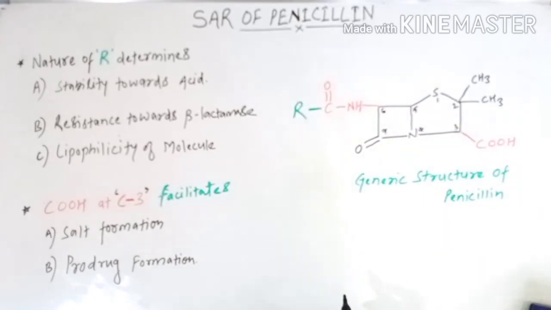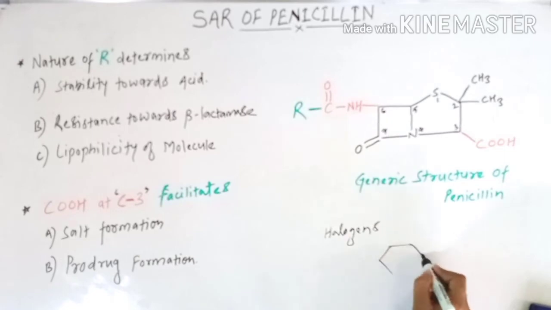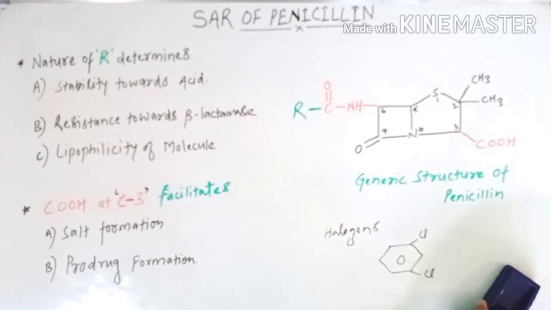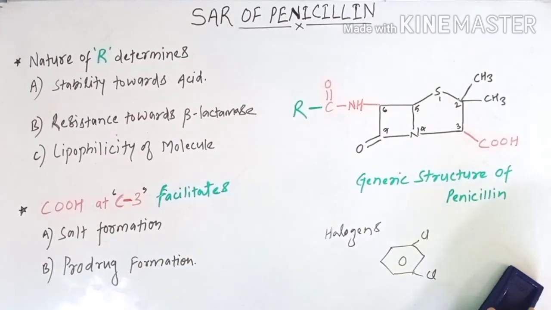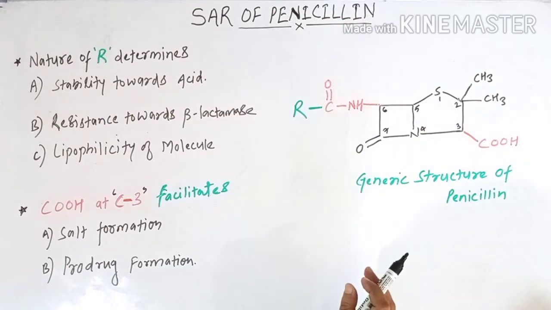Then later we developed oxacillin and cloxacillin. In oxacillin and cloxacillin we have attached a halogen atom on both ortho positions of this phenyl ring. So in this way, in cloxacillin and dicloxacillin, by introducing this halogen, we have again created a steric hindrance around this area, around this beta lactam ring, and thus improved the what? Beta lactamase resistance. The third one is your lipophilicity.